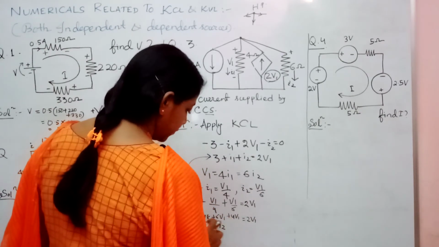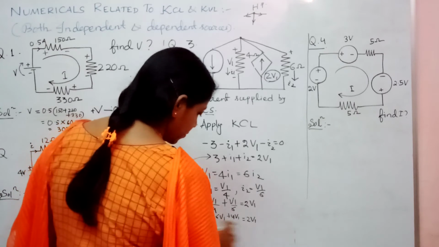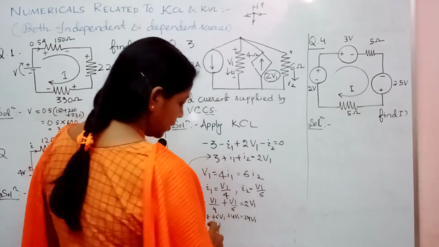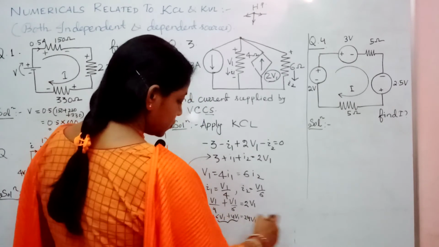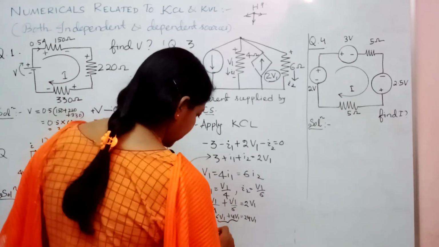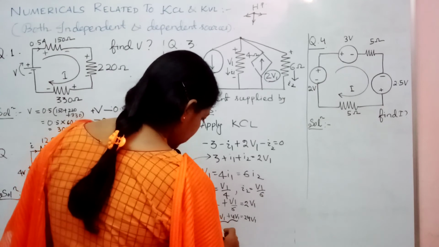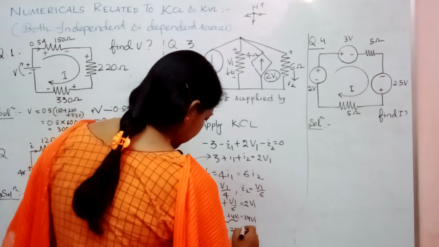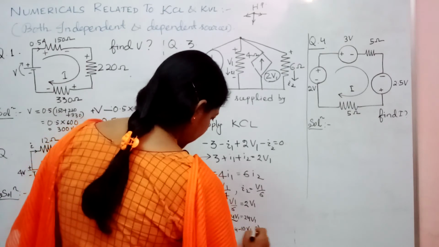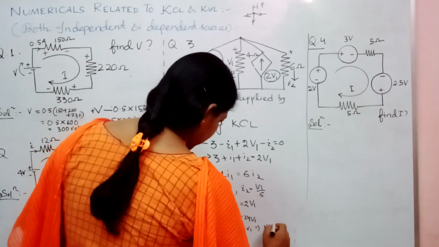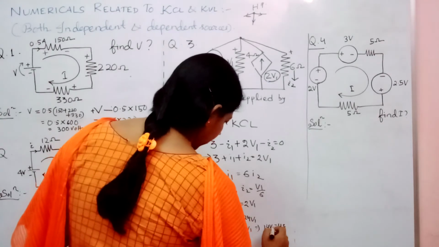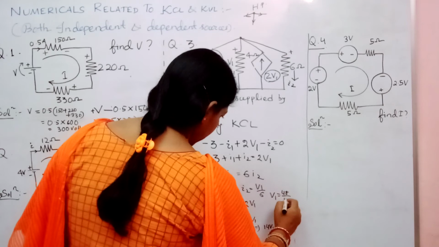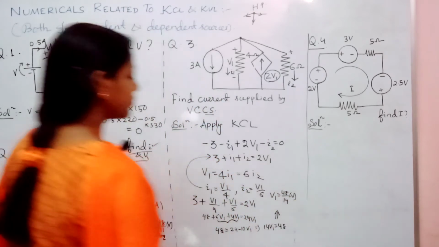Fine. So now just do the cross multiplication. This is 12, this is 2. So directly I can write it as 24V1. Now this side it is 6 plus 4, 10. If you take it to that side, what will you get? 48 equal to 24V1 minus 10V1. This implies 14V1 equal to 48, so V1 equal to 48 by 14 volt.